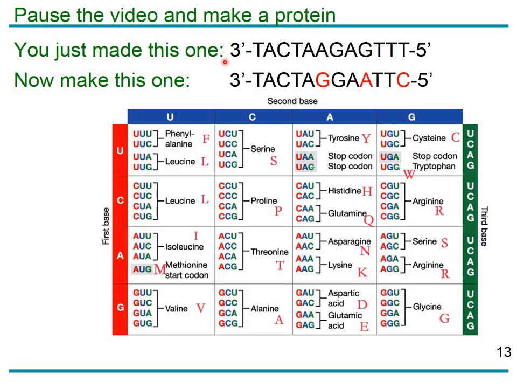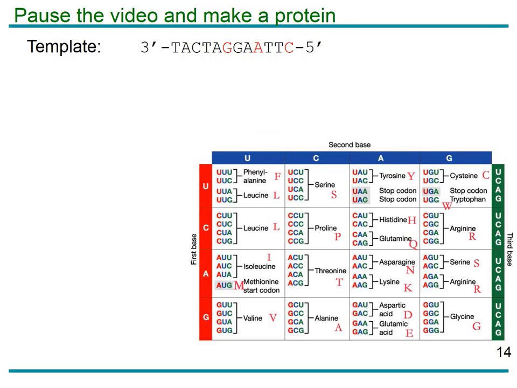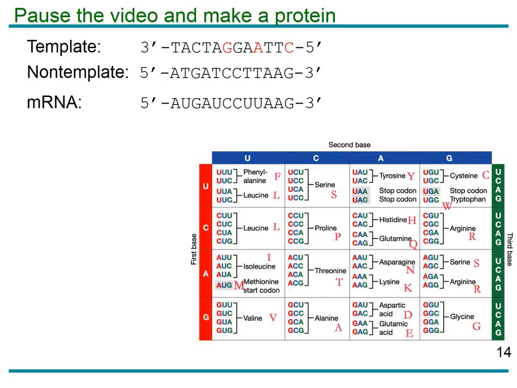You just made the protein coded by this DNA sequence. Now I want you to make the amino acid sequence that is coded by this DNA sequence. If you transcribed and translated that protein, hopefully you created this non-template DNA that's complementary to the template sequence. You then should have created this mRNA where we have U's in the mRNA everywhere there is a T in the non-template DNA,